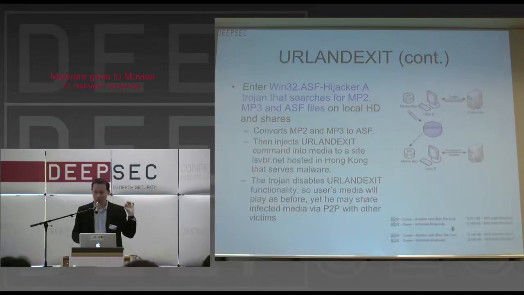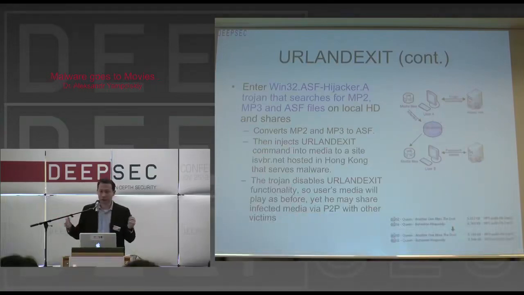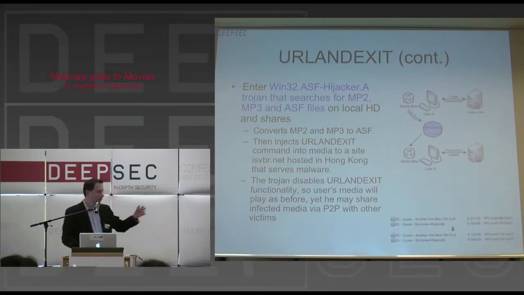And the reason it does that is that when you view these video and music files, they're going to look completely normal to you. You're not going to notice anything different. But the reasoning is you're going to use P2P or torrent to share these files. So you're going to be sharing these files with other people, and these files on your computer are going to be infected. And you're going to be infecting other people's computers without knowing it. If you look at the size difference, it's very subtle. For example, Queen's Bohemian Rhapsody was 8303 kilobytes. After infection, it's 8546 kilobytes. It's only a 500 kilobyte footprint.